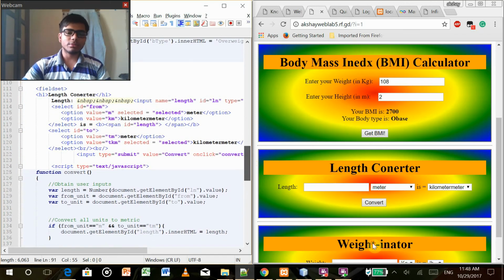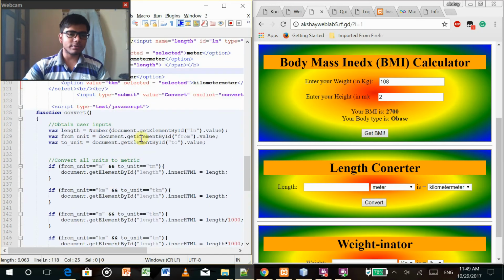Now we come to the third portion. Similarly we can use all these tags, and here I'm creating a list for whether it should be in meters or kilometers. So we are creating a drop down list for this portion, then for this portion, and length. I am leaving some space, as you can see, with a span tag and id length, etc. Then we include this JavaScript code where we are calling